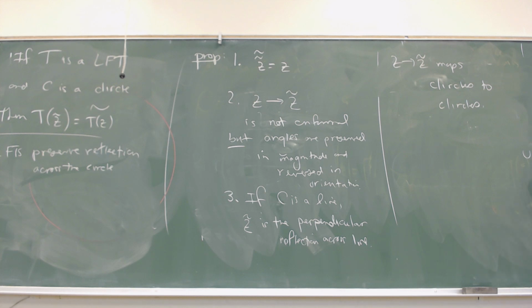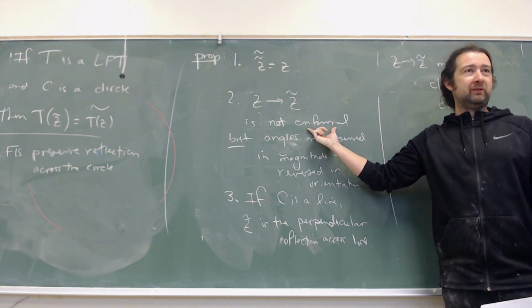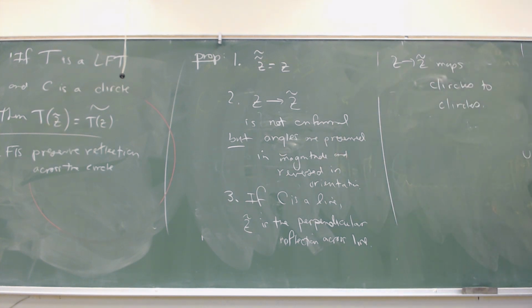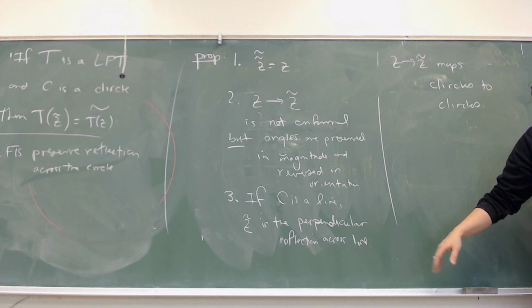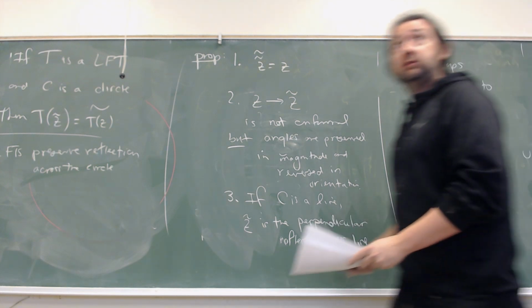So basically, up to whatever your particular understanding of the word conformal is, in all important facts these things act like conformal maps, right? In the way that we taught them. They preserve angle but reverse orientation. They map circles to circles. They're invertible. It's a nice sort of reflection. It's just about as close to conformal as you want. Okay, so that